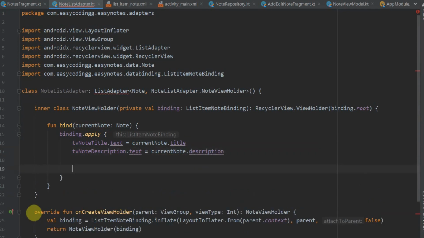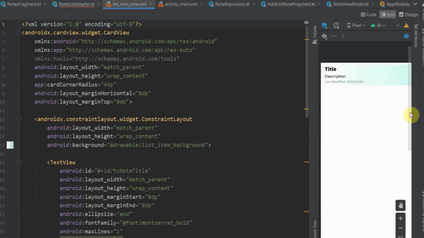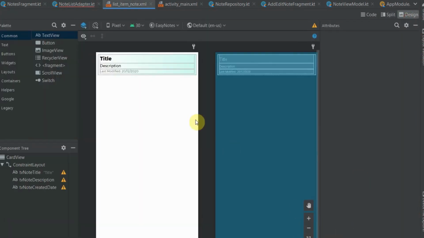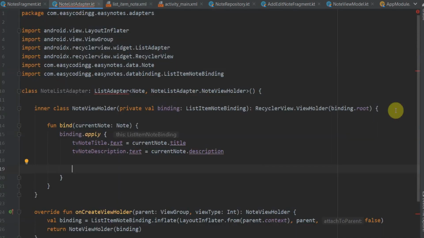Then we will format the last modified date for our note, like what we had here, last modified colon and our date. So we'll make a string for that.